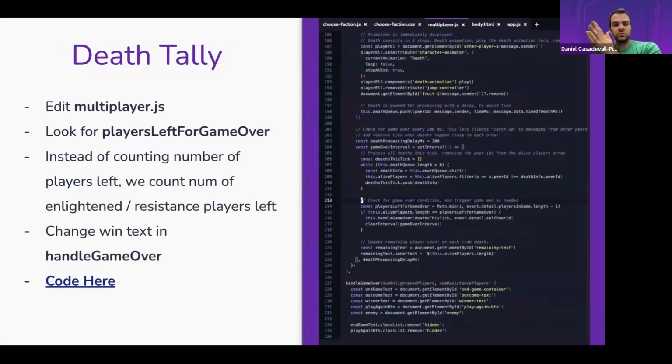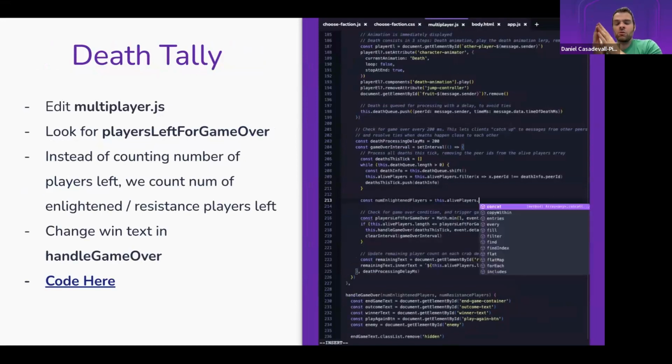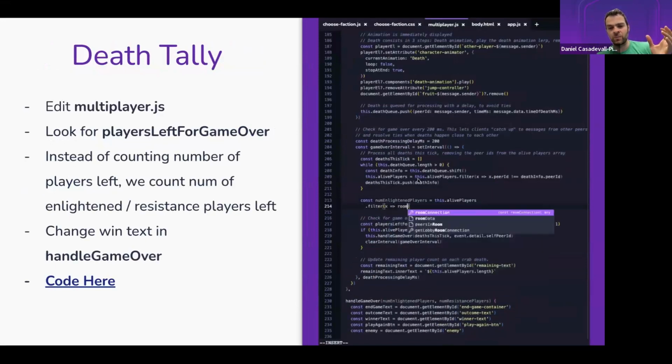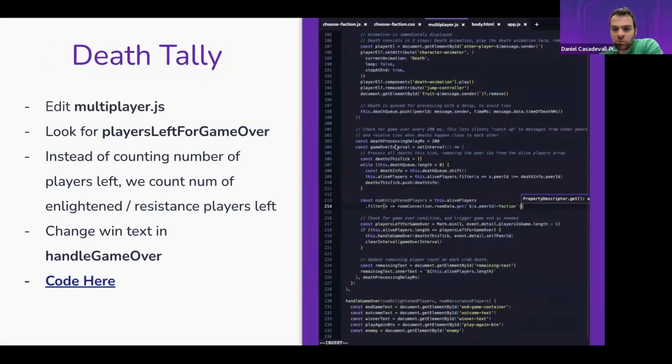Now we're going to go through actually accounting for the score. So we've changed this so that now, instead of waiting for the last player to be alive, we're waiting for all of the enlightened players to be dead or all of the resistance players to be dead. So we're going to find this death processing or game over component, and we're going to find where we have a players left for game over.